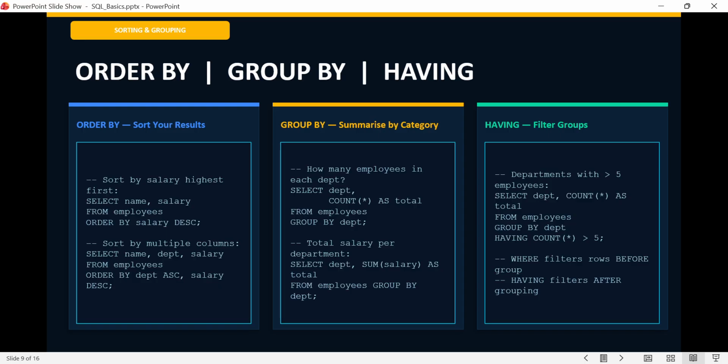This shows only departments that have more than 5 employees. The HAVING clause filters out small departments after grouping. This is a very common SQL interview question at companies like Amazon, Flipkart, and others: what is the difference between WHERE and HAVING?